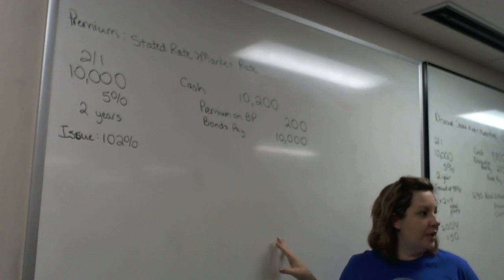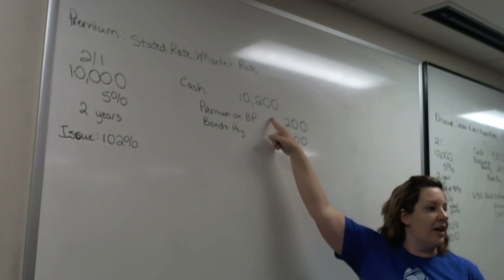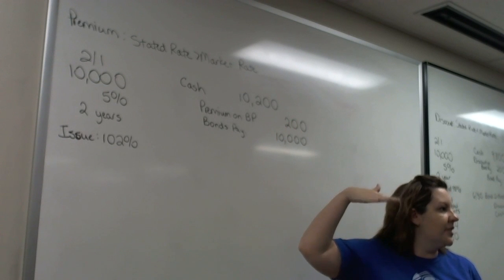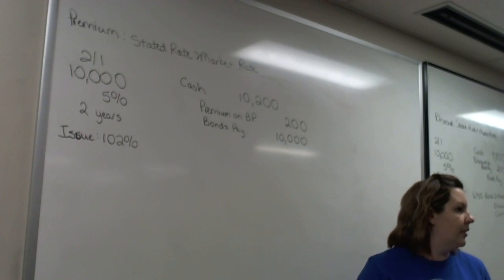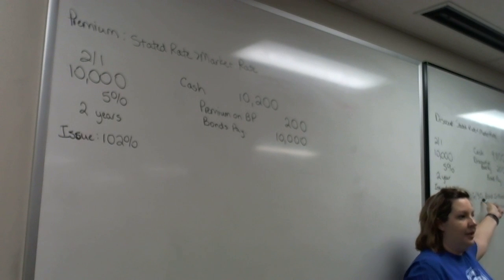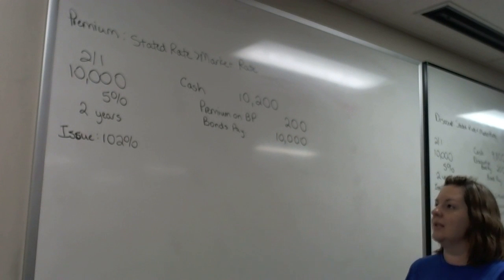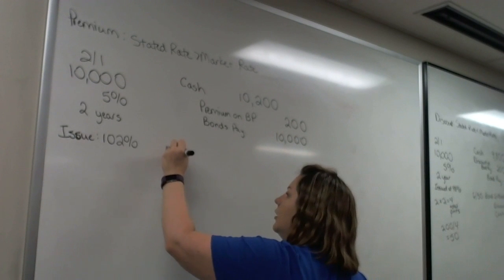When we recognize bond interest expense on a premium, they're paying us an extra 200 cash up front. That actually reduces our total interest expense. Where the discount increases our bond interest expense, a premium reduces our total bond interest expense. So what that would look like